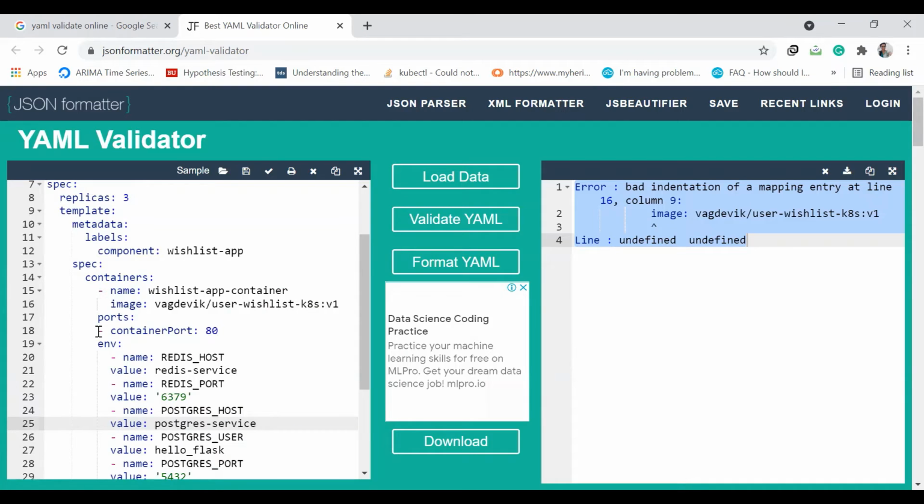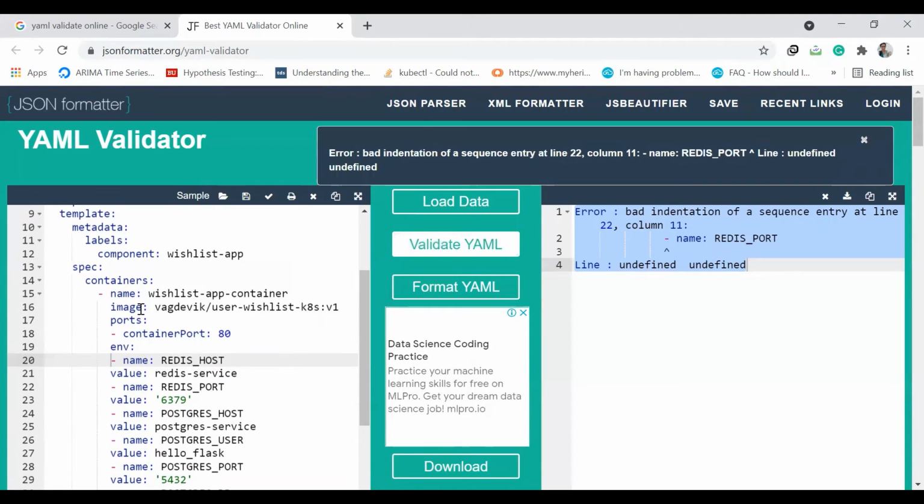That is the reason we want to properly indent all these things. So this image should go on the same level as name, and all the other following things too. The ports should be on the same level as name and image, and this container port should be inside the ports, like this. Okay, then validate it.